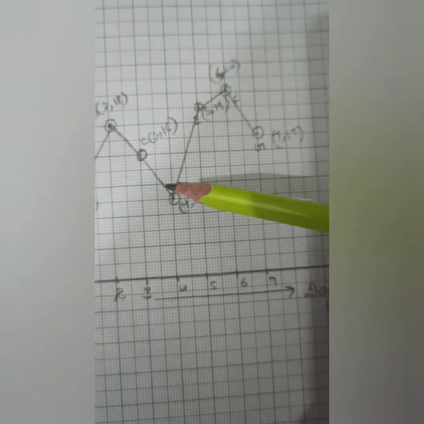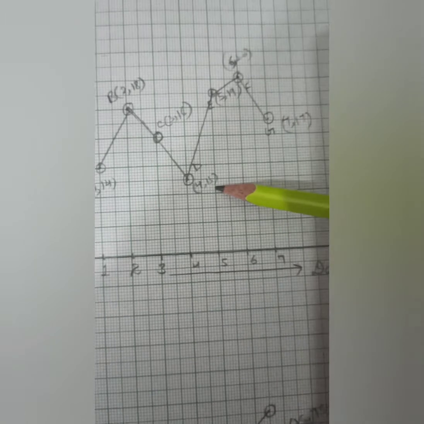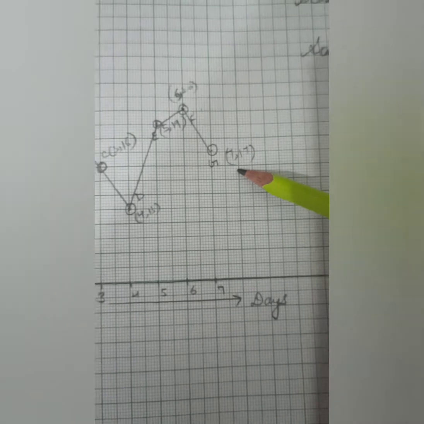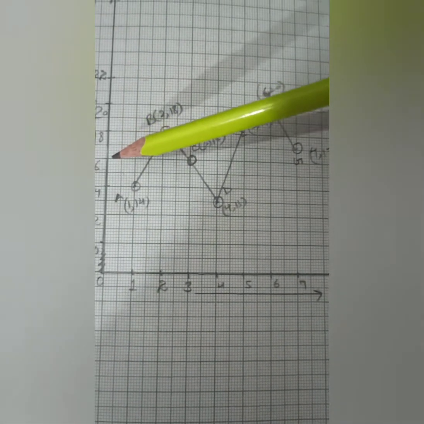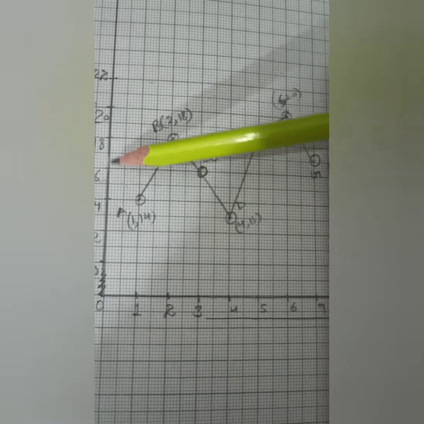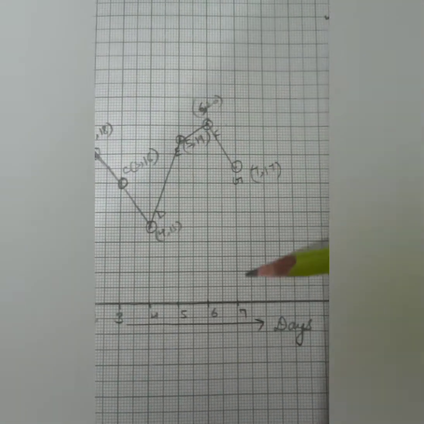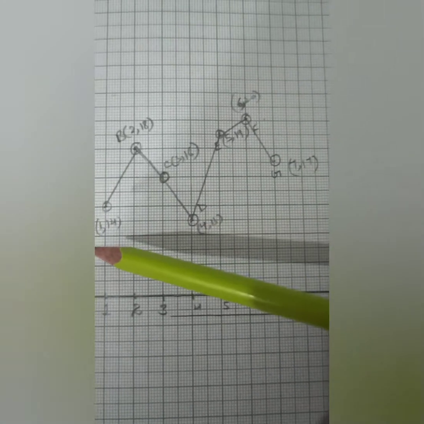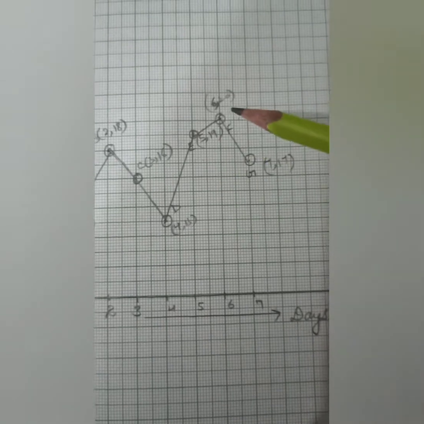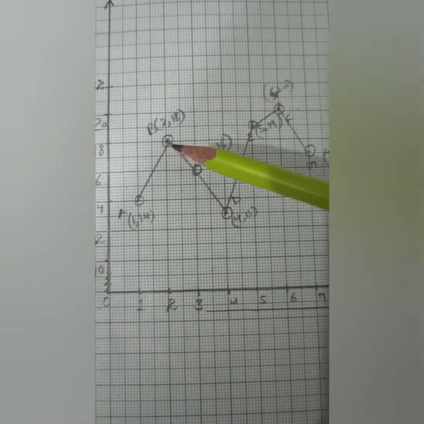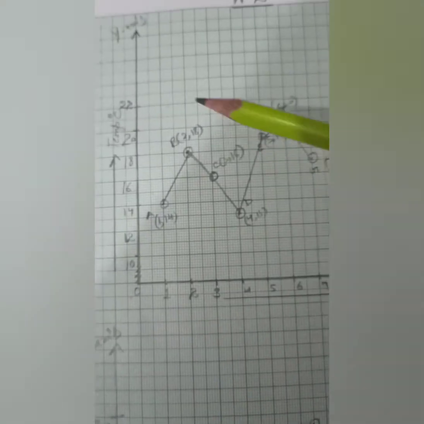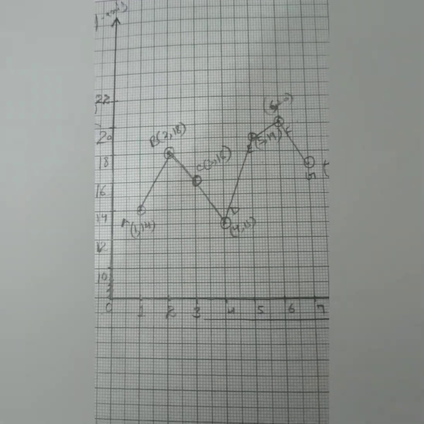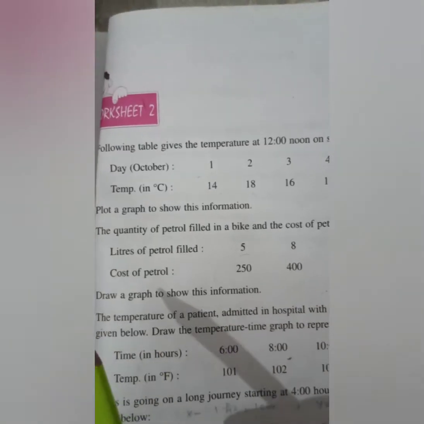Similarly, I have taken the third day, the fourth day, fifth day, sixth day, and in the last, for the seventh day, there is a temperature of 17 degrees. See here, in the middle of 16 and 18 there is 17. So on the seventh day there is a temperature of 17 degrees Celsius. I have written the alphabets A, B, C, D, E, F, G, right? Join these coordinates properly. So this is a graph of the given information related to the temperature of the 7 days. Okay, see the next one.